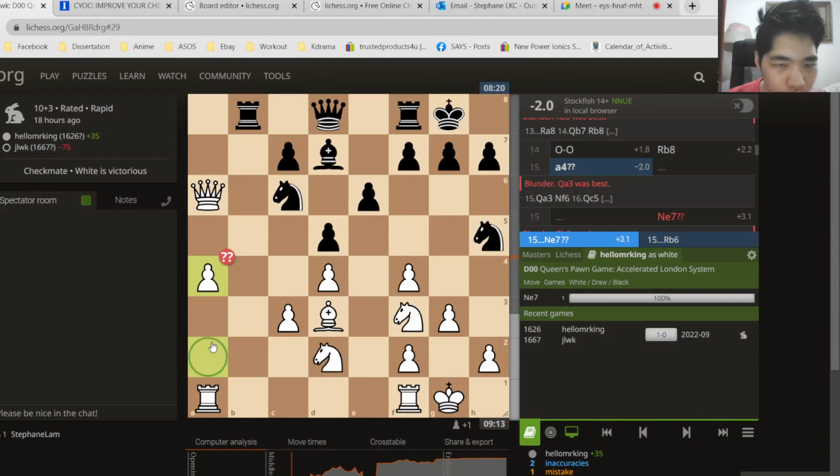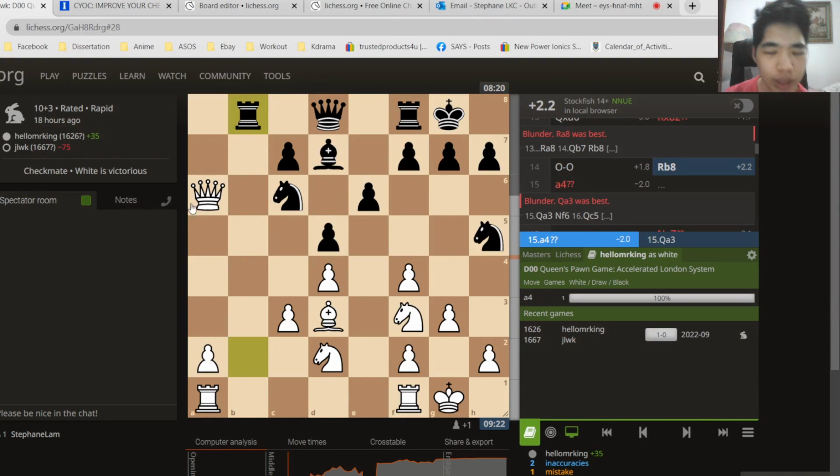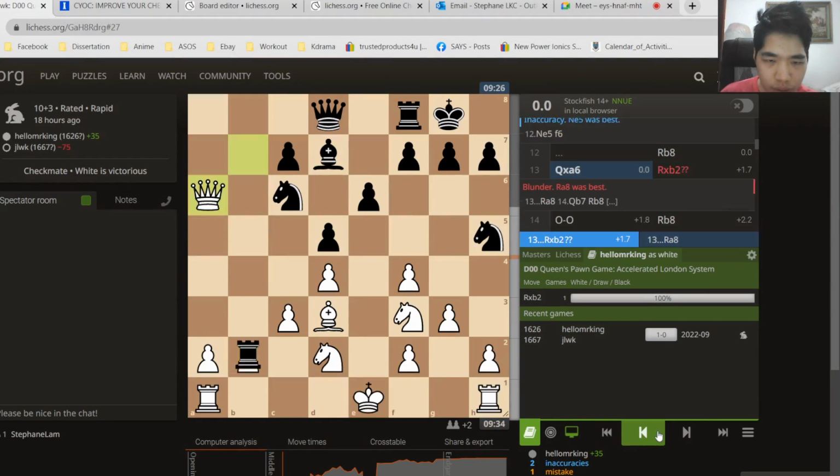Okay, 4. The queen is kind of trapped. There must be some attack on the queen. So, okay. Queen is kind of trapped. That's why you don't take these ones, you don't allow counterplay. Here you're winning because you're up a point. Your opponent did not play the best way, but